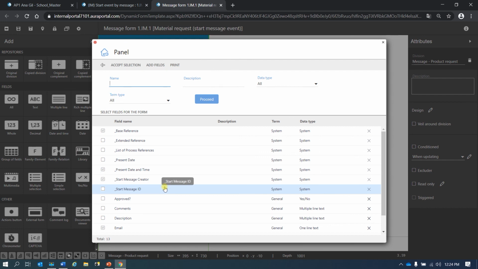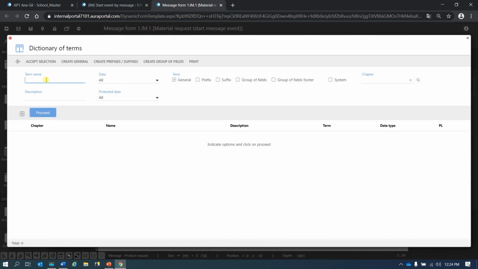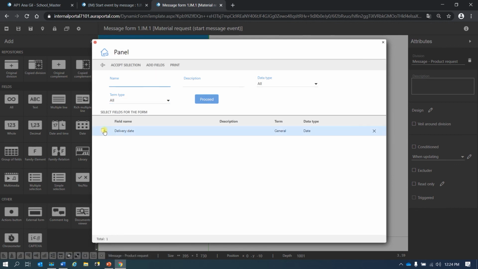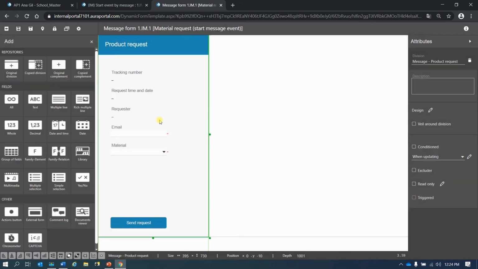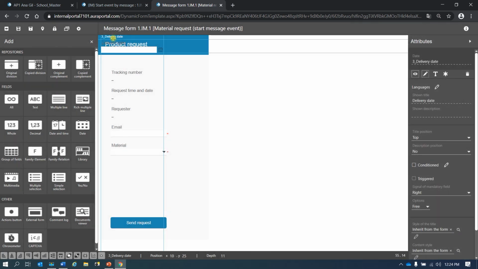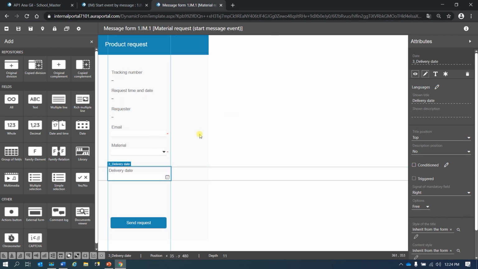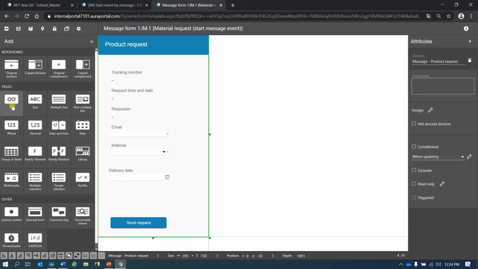So for example, I'm gonna add delivery date. Let's see if it's here already. No. So add fields, maybe it's already created. So let's go and see. Delivery date. Yeah. So accept, and it's here. We can drag it here, for example,